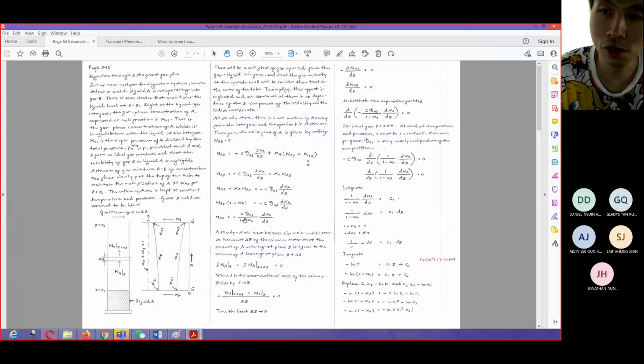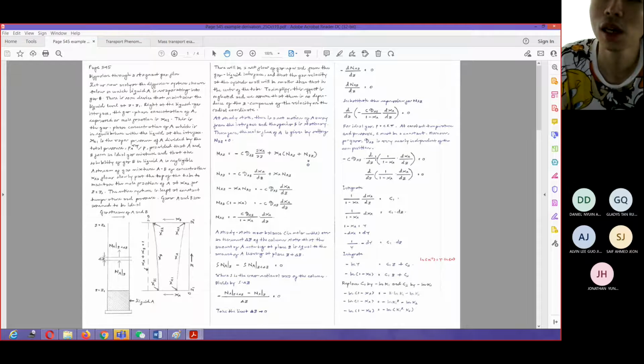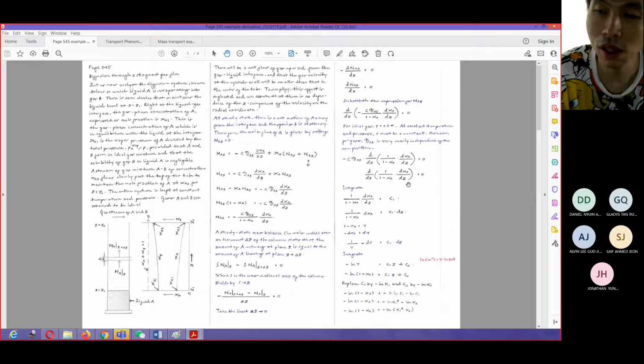So now we substitute this expression into here, and then we can take out all the constants from the derivative term. We know that for an ideal gas, P is equal to C multiplied by RT. We also know that the diffusivity can be taken out as a constant because we are operating at constant temperature and pressure. When we take out these things, then only this term is left to deal with. And once we integrate this, we know that this particular term is equal to a constant, right?